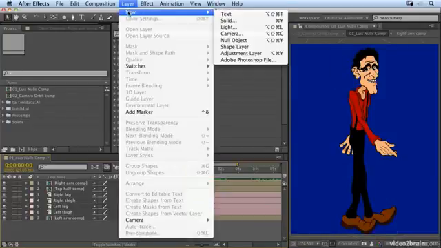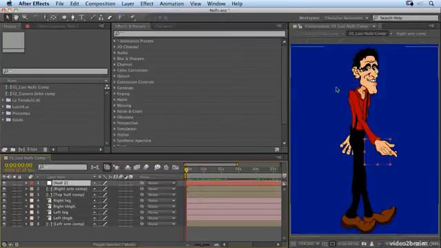So I'm going to say Layer, New, Null Object. And as I do, a new layer appears down in the timeline, and we get this little frame indicating our layer in the composition panel. As I said, it's a non-rendering layer, but this frame is there so you can see it and select it in the comp panel. So what I want to do now is make that the parent for all of these